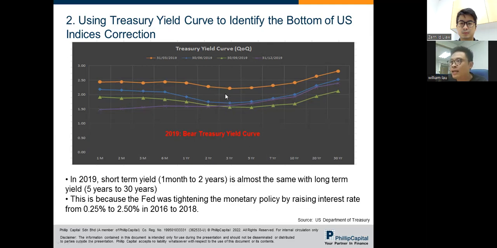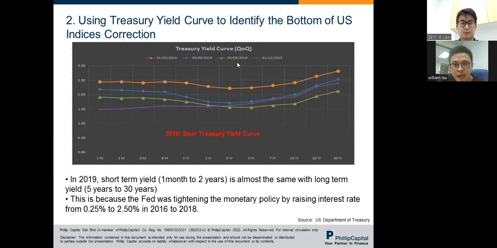So go back to the theory that I shared just now. Does it make sense that if you place your money in the bank for 1 month, the interest you receive is higher than if you place your money for 3 years? Is this even logical? Not logical, right? So it means the Fed is still not going to ease the monetary policy. It's not going to be bullish for the market. The market is going to either move into a downtrend or move sideways. It's not going to be bullish. This is what the yield curve told us.